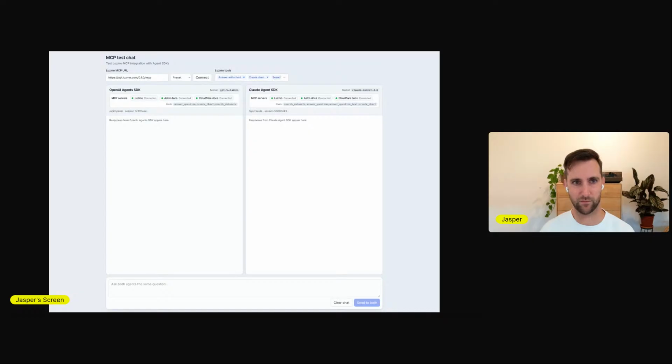You can configure them to use other MCP servers and include those into their capabilities and tools. So what I did here is I have two chats on my screen, one built with the OpenAI SDK, the other with the Cloud SDK. And I added the Luzmo hosted MCP in there. It's just one line configuration. And I added two other MCP servers, Astral documentation and Cloudflare documentation. There's no particular reason to add those other than that those don't need an account and authentication, so it's easy